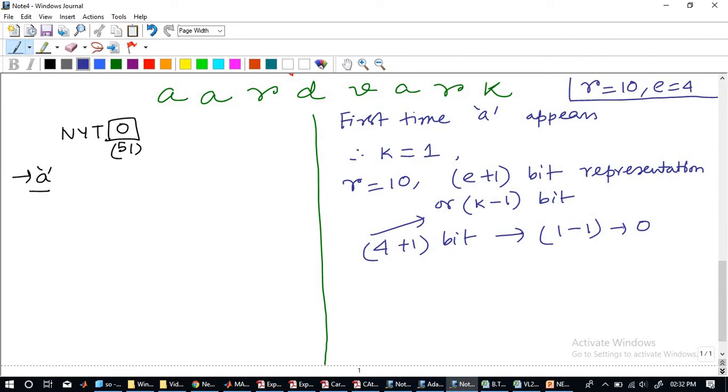So if it is case 1, then we have to take E plus 1 bit binary representation of K minus 1 element. So K minus 1 is 0, so 0 has to be represented in 5 bits. So your 5 bit representation will look like 5 bit of 1 minus 1. So it is 0, 0, 0, 0.